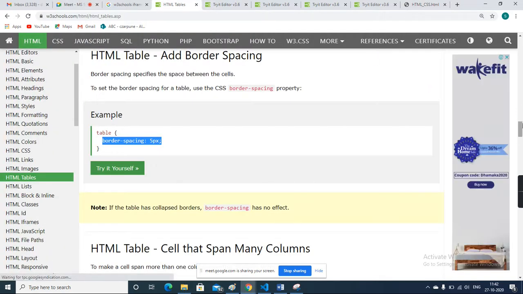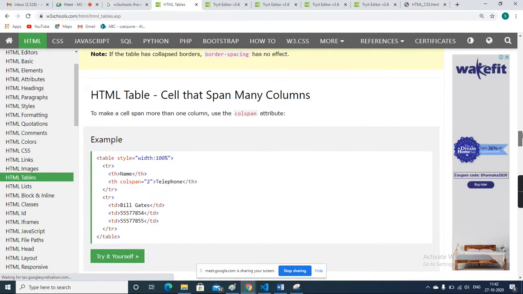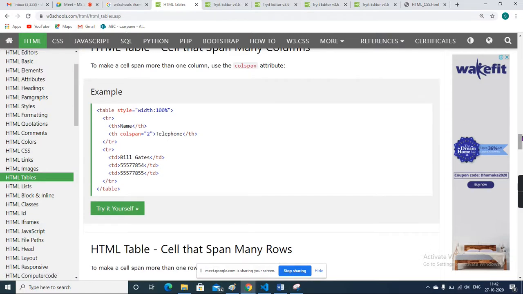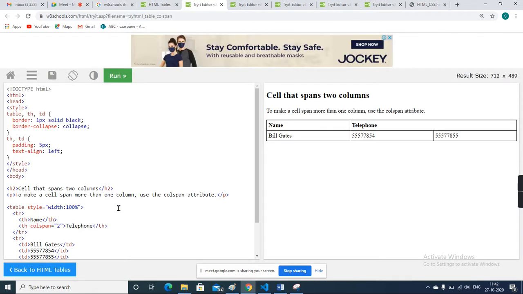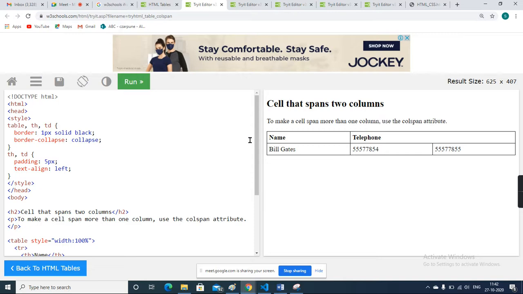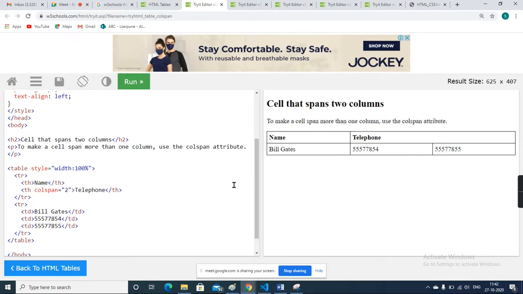Now, HTML table cells that span many columns. You check like this. There is something here, it's saying colspan, not collapse. So what is colspan and what is its purpose? Here you can see colspan 2 means it merges the two cells.